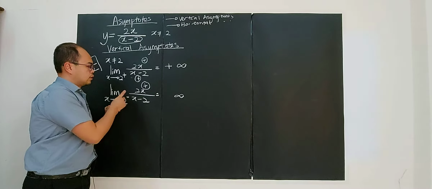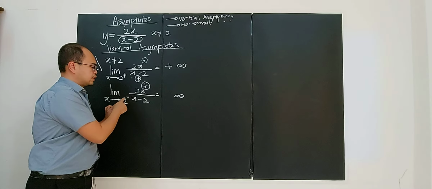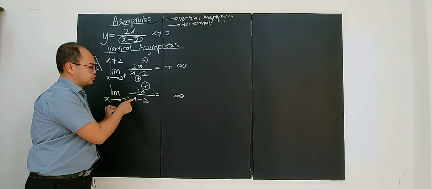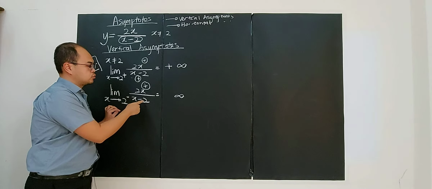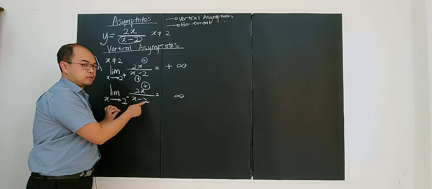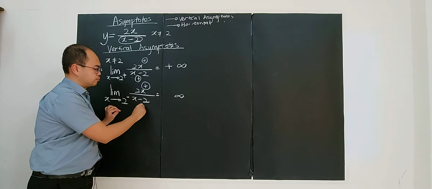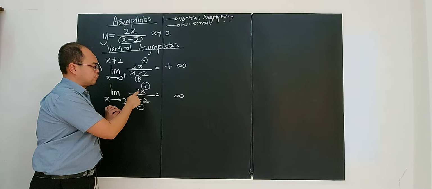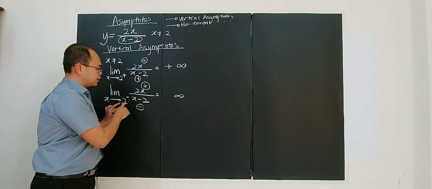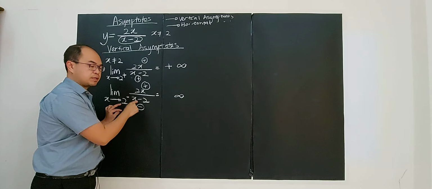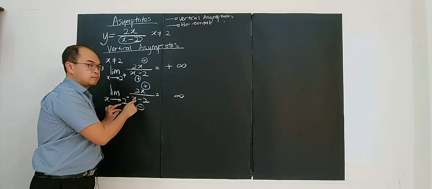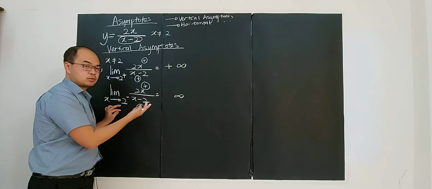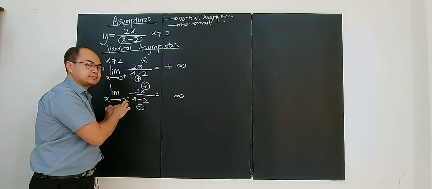Alright, so then choose a number less than 2, slightly less than 2. So maybe you choose 1. 1 minus 2, you have negative 1, you know that is a negative. When you put 2 here, you have 4. I choose 1 here because if you put 2, you're getting 0. So you choose a number slightly less than 2